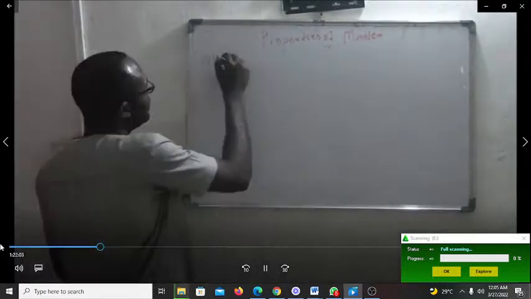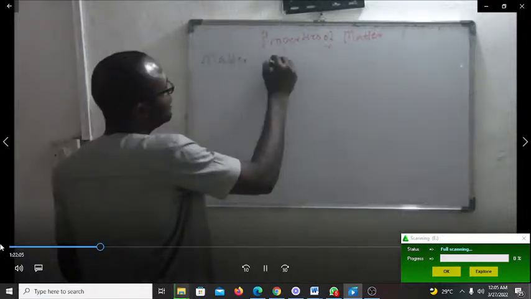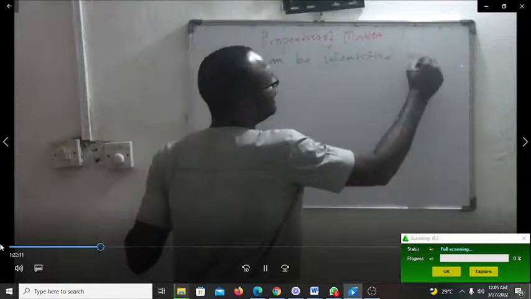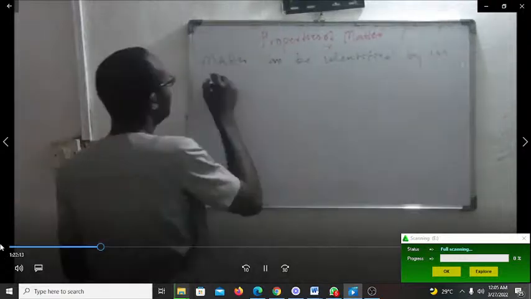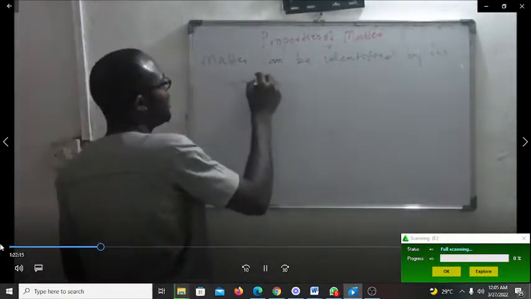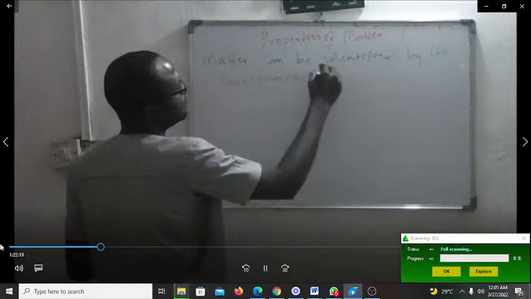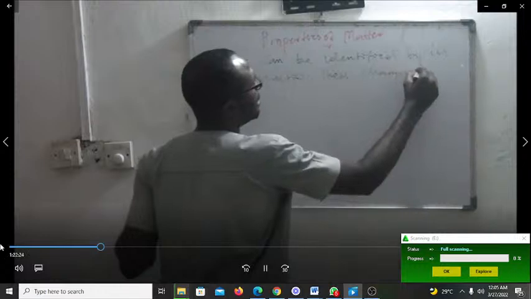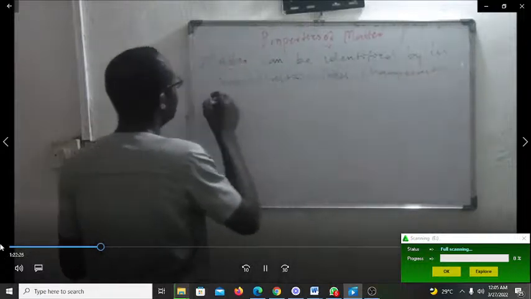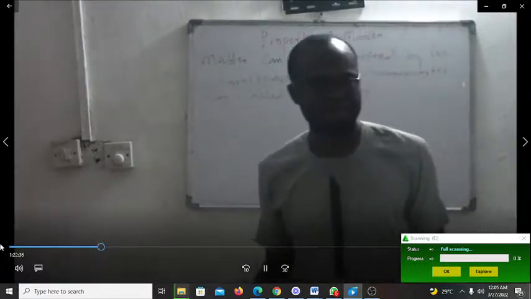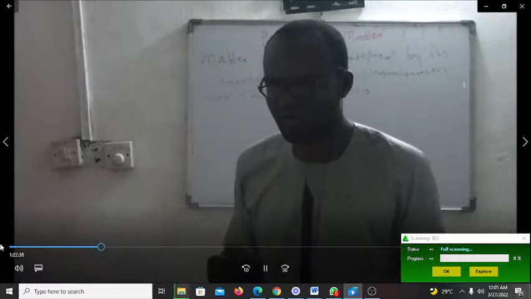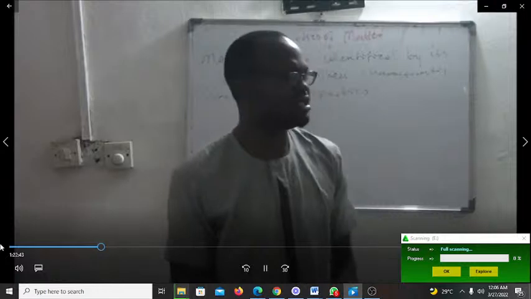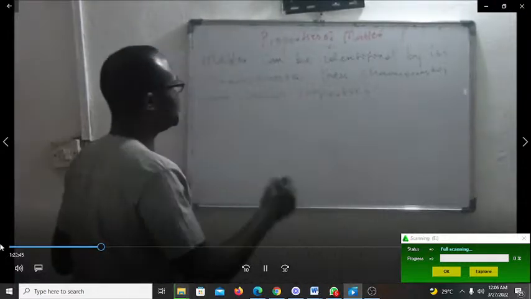So we can say that matter can be identified by its character. And these characteristics are different from something else. You can always identify that by the character of that thing. You understand? If this is different from this, you understand it. So these properties could be